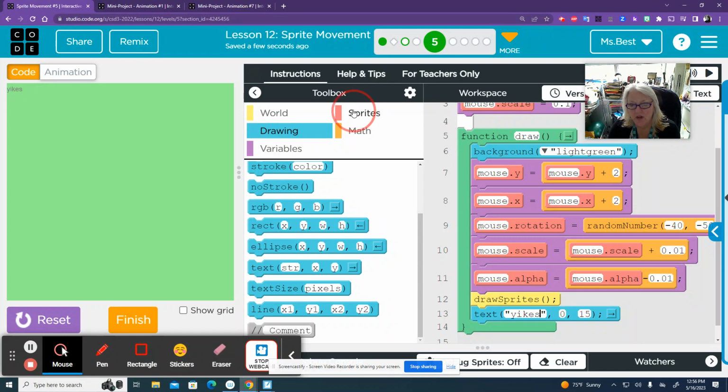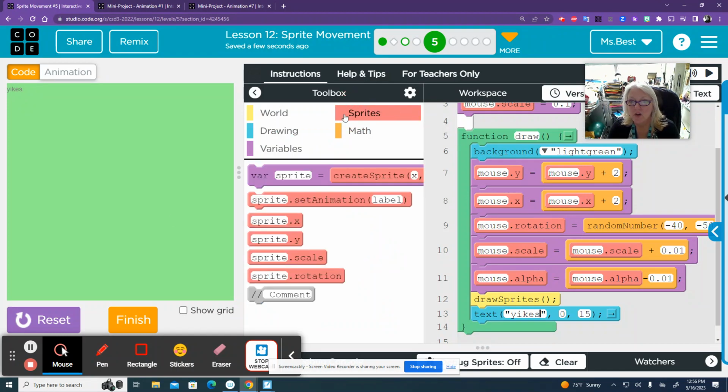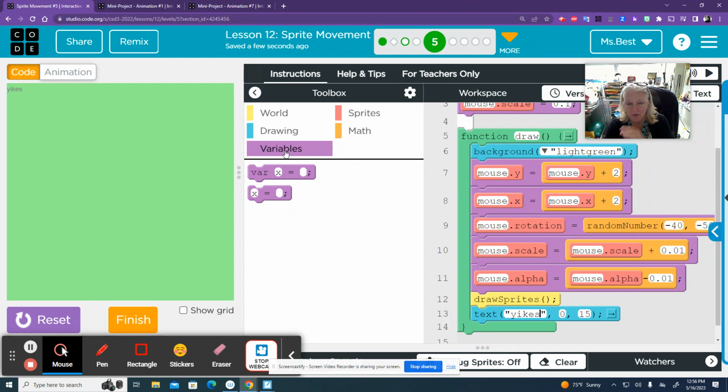Normally, when I ask you to make something move, we go into the sprites part of the toolbox. But this is text and it's not a sprite. So we have to handle this in a little different way. Instead of using any of the sprite commands, we're going to go to the purple part of the